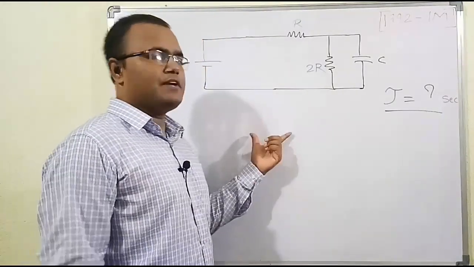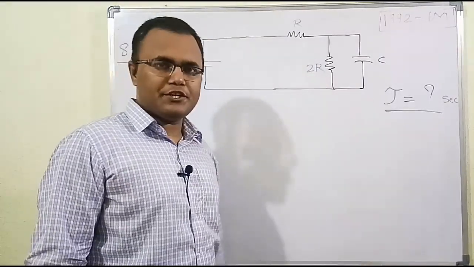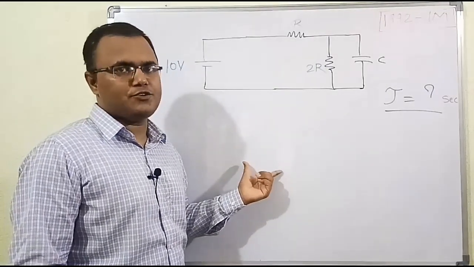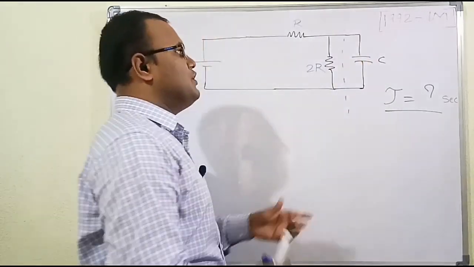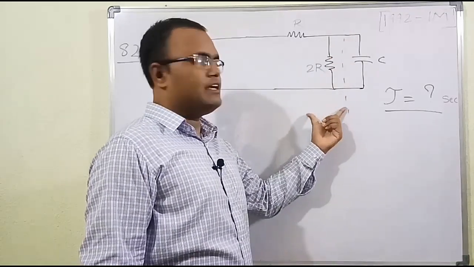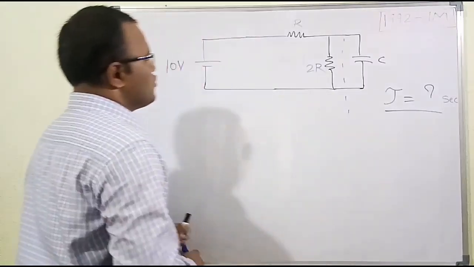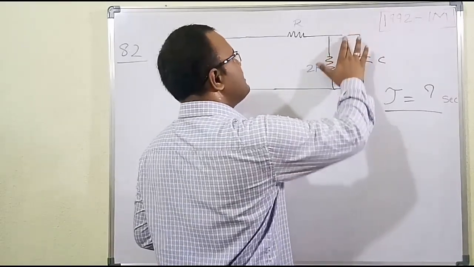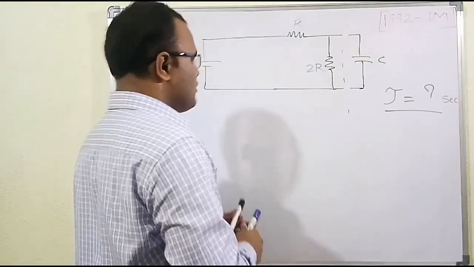If you see carefully, the circuit looks like a combination of resistors and a capacitor. We need to simplify this circuit in order to get a pure RC circuit. So we need to find the Thevenin equivalent across the capacitor, which means we need to simplify the circuit and write the equivalent circuit across the capacitor. To do that, we need to remove the capacitive load and find the VTH.